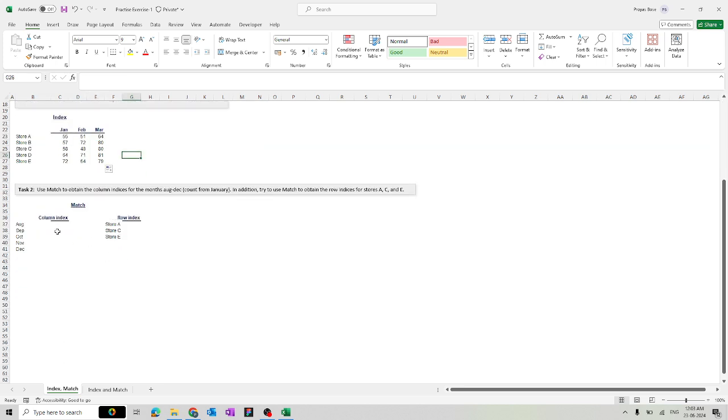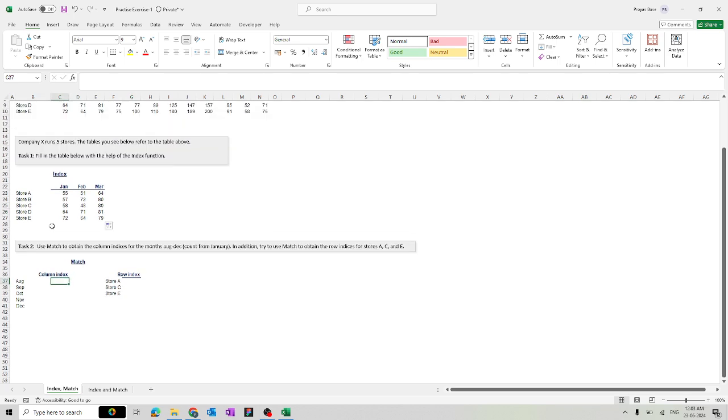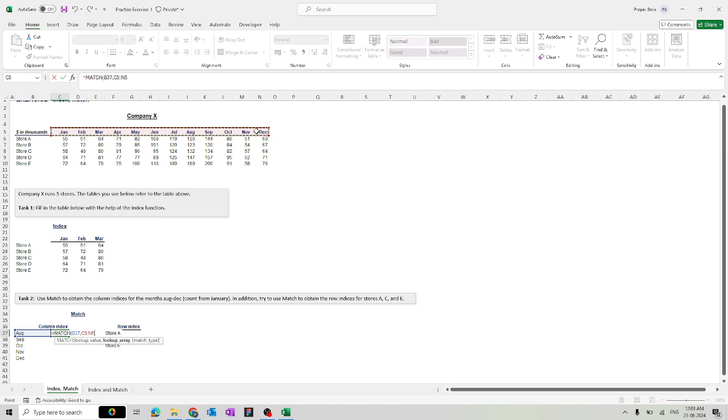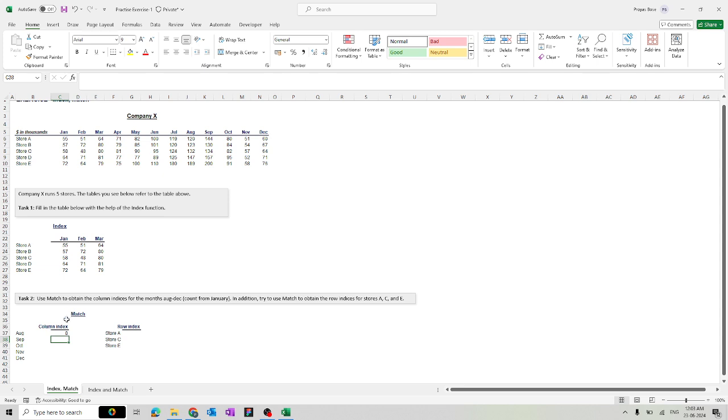Similarly, we will go to the match, where we have to find the column index over here. We have to check that August comes in which column index, right? That is what we have to find. So equals MATCH, right? The lookup value is August, comma. The lookup array that we are going to search is only the months, right? Comma, and I want the exact match, so 0. So August is the 8th one. If I drag this out,